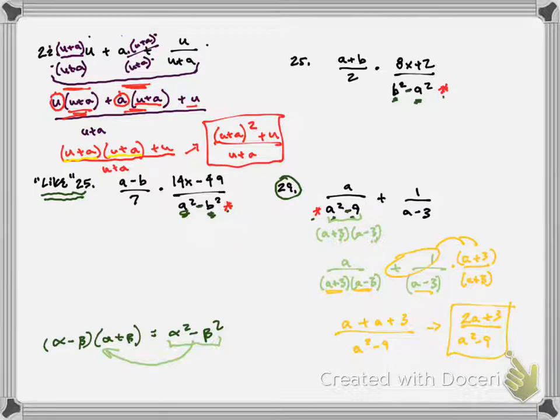Let's jump up to 25 and the other problem like 25. I want to point out before I go any further that this is a multiplication symbol, and so is this. So now I'm multiplying fractions. Okay? So a little different. I don't need a common denominator. You require a common denominator when you're adding or subtracting fractions. If I'm multiplying fractions, I'll multiply through up top and multiply through down low. And so what I get is a plus b times 8x plus 2 over 2 times,